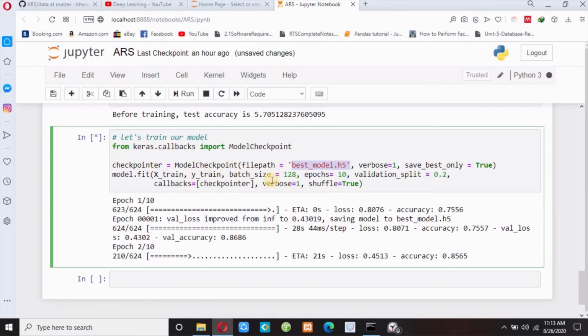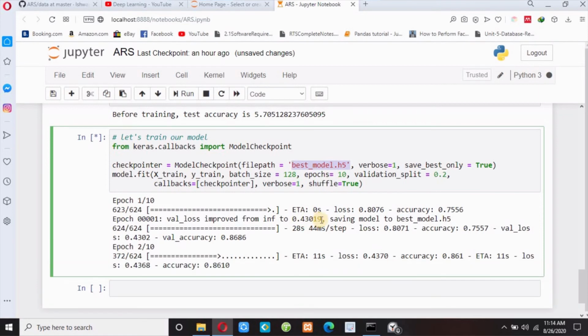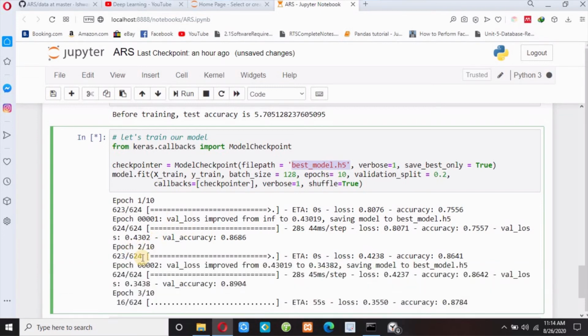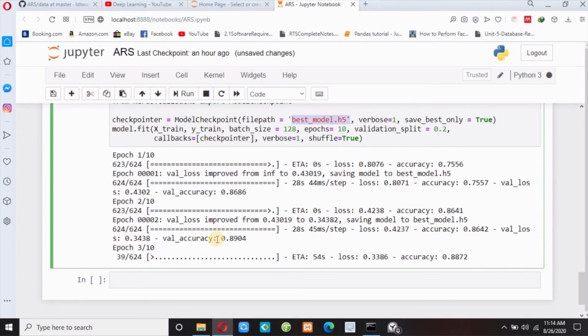So guys, you can see here, epoch 1, the val loss improved from infinity to 0.4301, saving model to this path with this name, best model.h5, and you can see loss also, accuracy also, and now it is epoch number 2. Now it is epoch number 3, and you can see the accuracy.